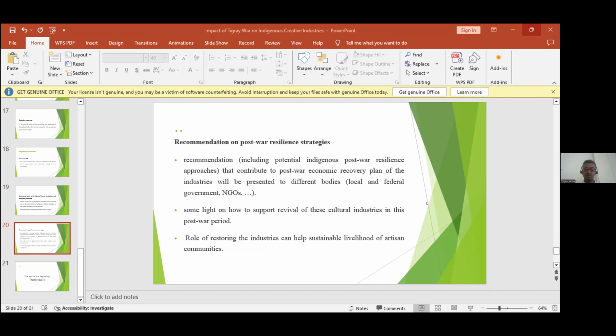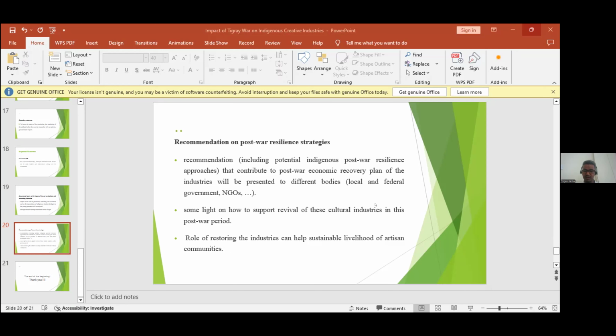A recommendation will also be given, particularly if there is any potential indigenous way of recovery in the industries that will be considered during the recovery program. So such recommendations will be made, and this will help in the revival of these cultural industries during the post-war recovery period,